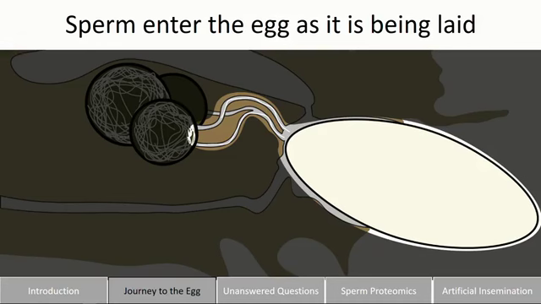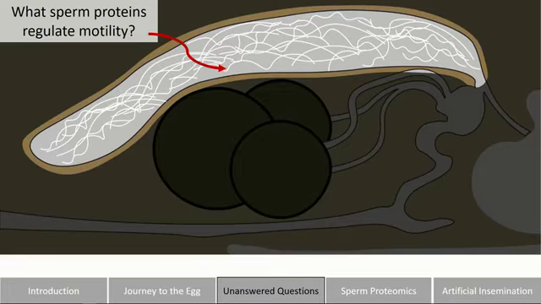So this path has been fairly well described using microscopy, but there's still so much that we don't know about it, especially on the molecular level. So I want to highlight a few of those unknowns. I mentioned that what activates and powers motility has been described, but in the medically important vectors, we don't really know the proteins that are on sperm that are involved in regulating this motility. And we certainly don't know the conditions within a female that allow sperm to navigate her reproductive tract.